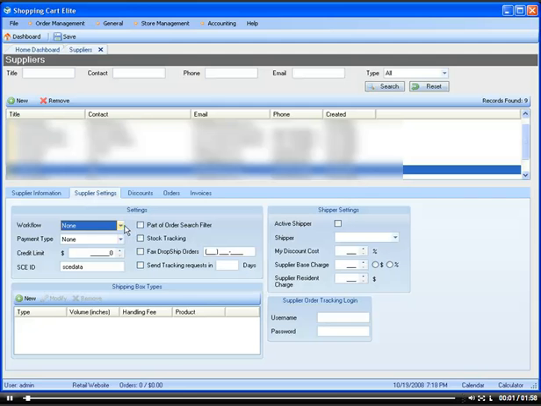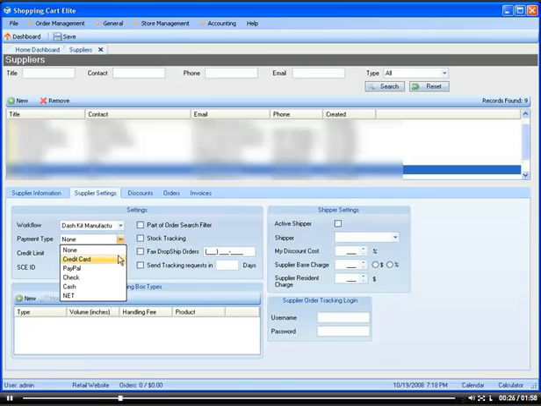For the supplier settings, we can set the workflow for the supplier. So for example, if an order ever comes through to this particular supplier, we can say, please invoice it to Dashkit Manufacturing. The supplier can have multiple workflows. On the product setup,